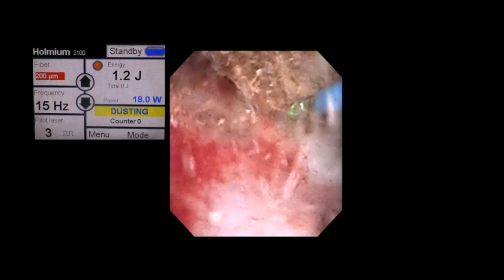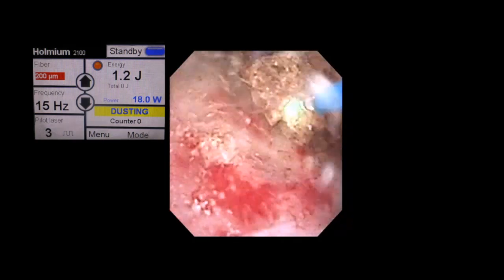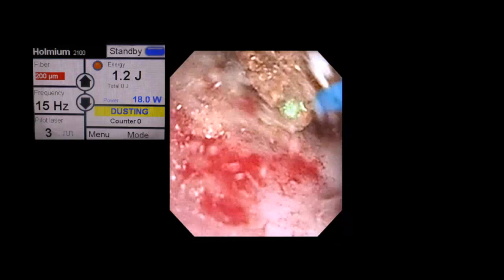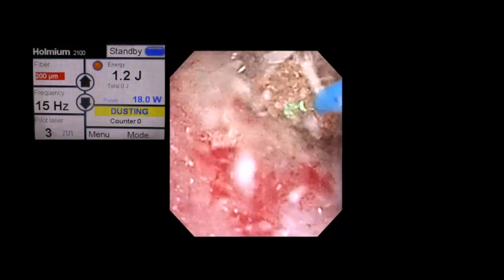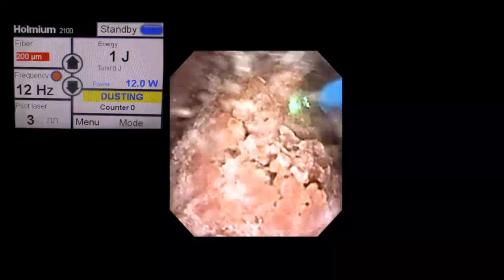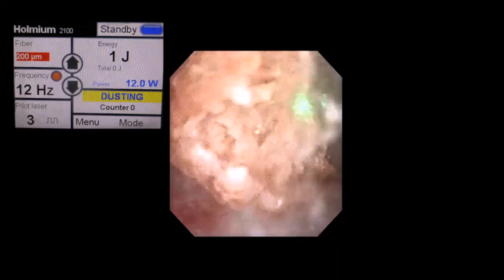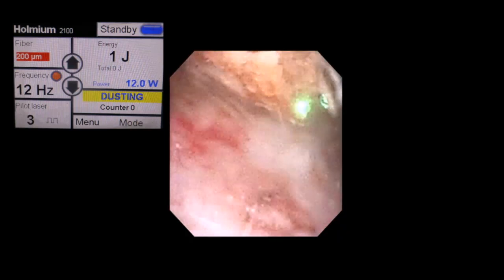Once the stone size decreases, then we can make fragments and do the popcorn, but in this case we have avoided it till the end so that we could get a good stone free rate. Now slowly the surface area is maintained with the volume reduced so that the wobbling of the stone will not be there. Now when the stone is wobbling, we have reduced to 8 watts laser settings.